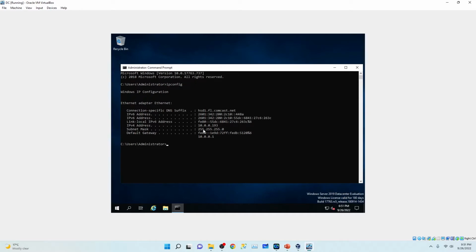You can see here by default they have provided the IPv4 address 10.0.0.193. So this is my IP address for this machine, but this IP address is not static, it's dynamic. So instead of making it dynamic, we have to make it static. Okay, so I will choose the same IP address, but I will make it a static IP address. Let's copy this IP address from here,